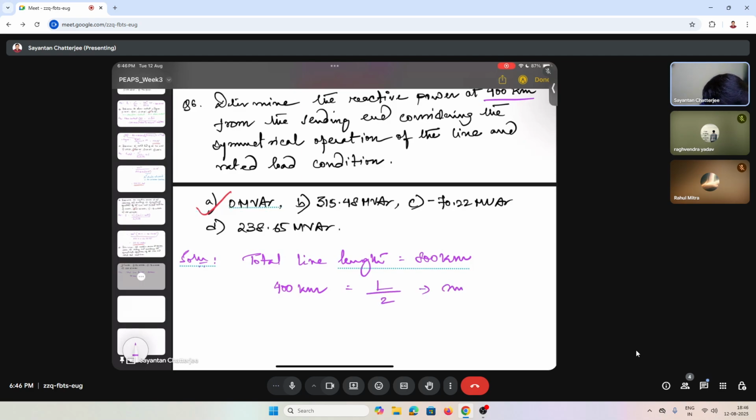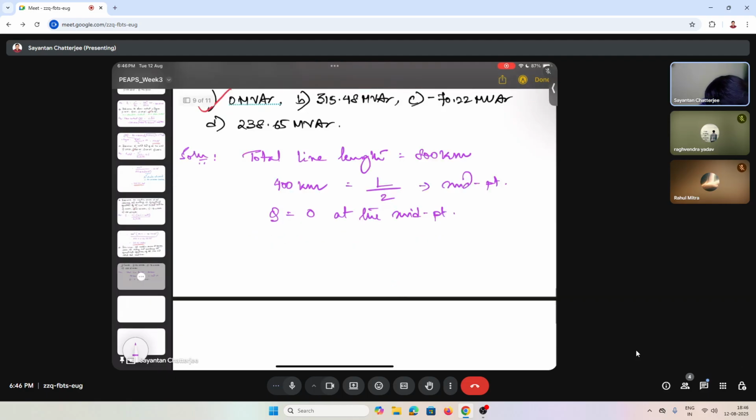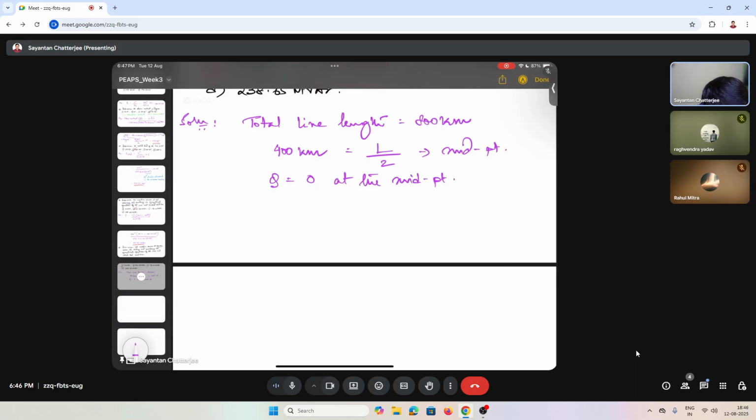So Q will be, also the expression if it is required, I am writing the expression of Qx by seeing, because it is such a long expression. So Qx is